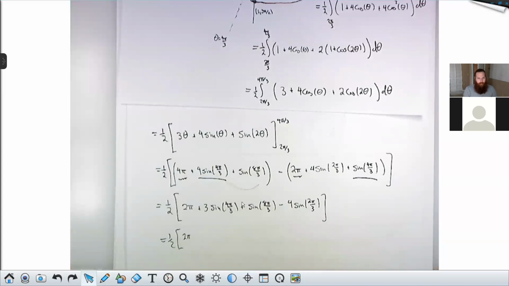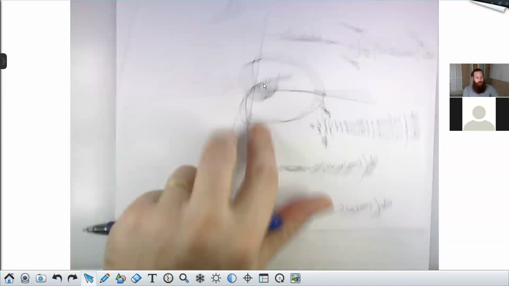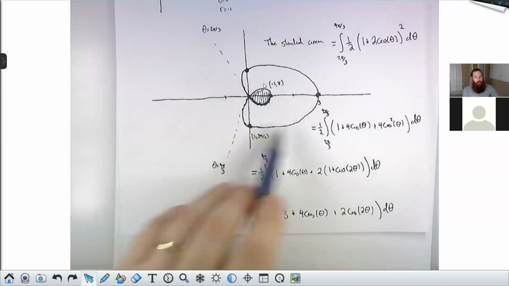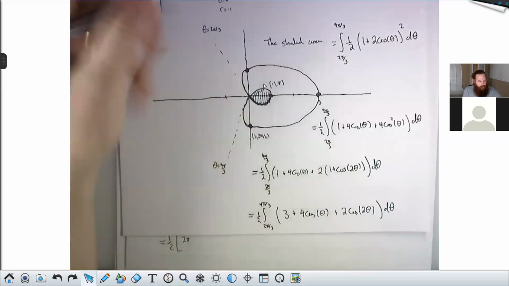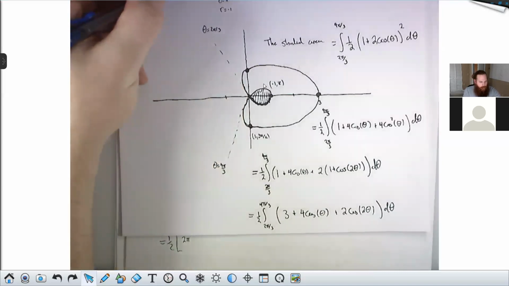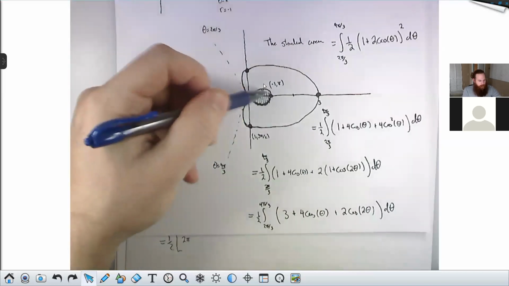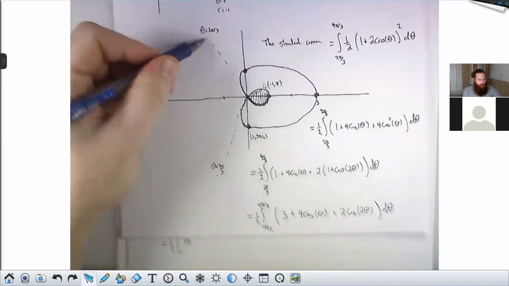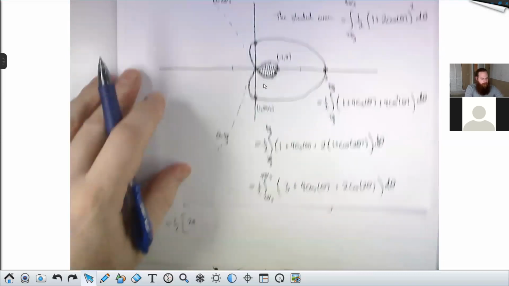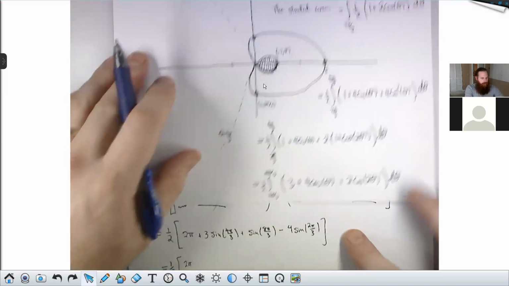So I'll come back to that, Lucas. It is definitely the hard part. And the trick is to make sure you're comfy as we drew the graph here. So we entered the origin here for the first time when theta is 2 pi over 3. And then we exited this loop when theta is 4 pi over 3. So that's why I drew these 2 rays in here. We can come back and talk about it a little bit more, but let's finish the calculation we're working on